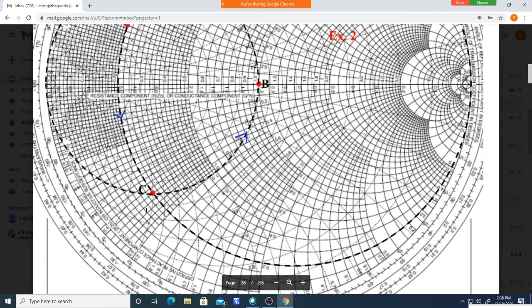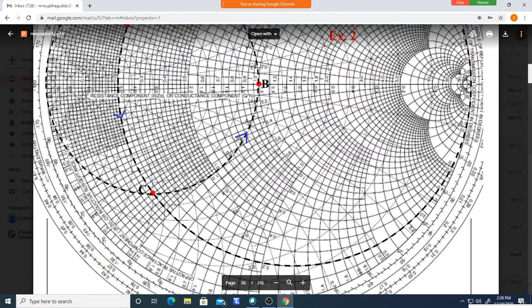So this dotted line above this circle, whatever reading is written, it is 2. You should not take this one, which is below this line. Above means this number, this is 2. B value is 2 and it is plus 2 because B values are positive below the horizontal of the Smith chart. In this half of the Smith chart, the B values are positive. So it is 2 here.